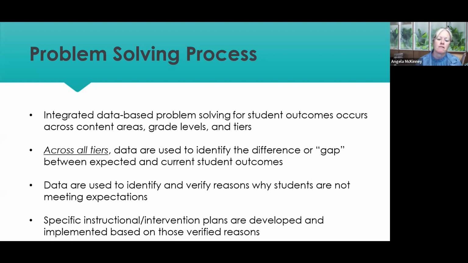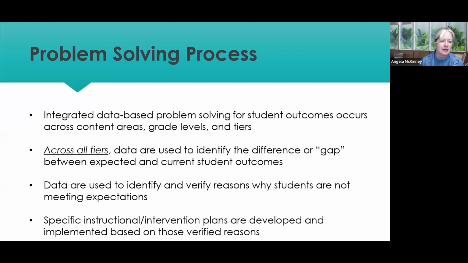And there would be a whole lot of venting time, a good chunk of the time was venting, just general, let me tell you all the horrible things that are happening. And then we would cram down to that last minute and say, so what are we going to put on this plan? There was no problem solving that happened. It was venting, plan development, venting, plan development. It wasn't a good systematic way of using the data to guide what we do next. So we've got to have that data-based problem solving